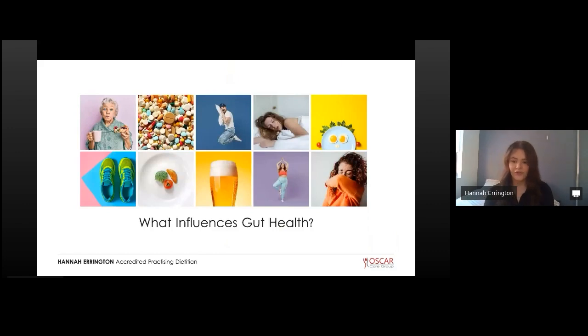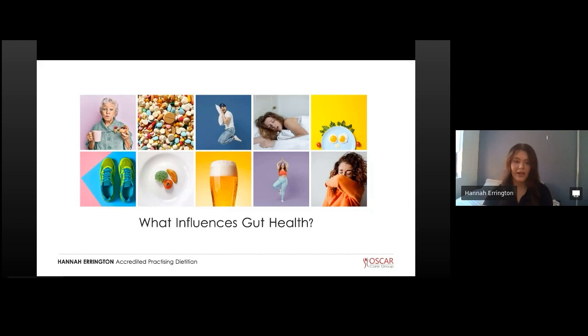So there's a lot of different things that influence our gut health, but some of the key ones are going to be your age. So as we get older, our gut microbiome naturally changes and we become more susceptible to gastrointestinal symptoms. Older people are also at a greater risk for some gastrointestinal conditions such as diverticulitis, which can impact on digestion and health. Some medications, such as antibiotics, can affect the bacteria in our